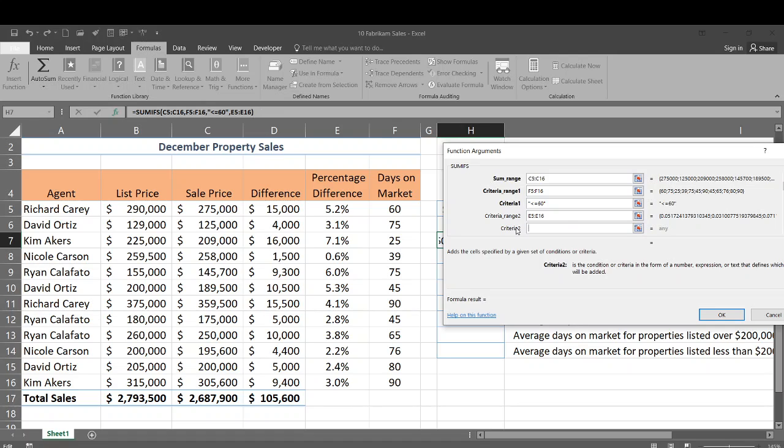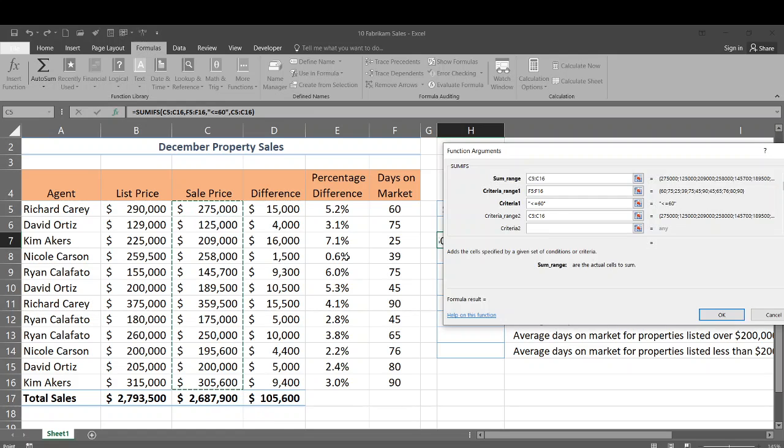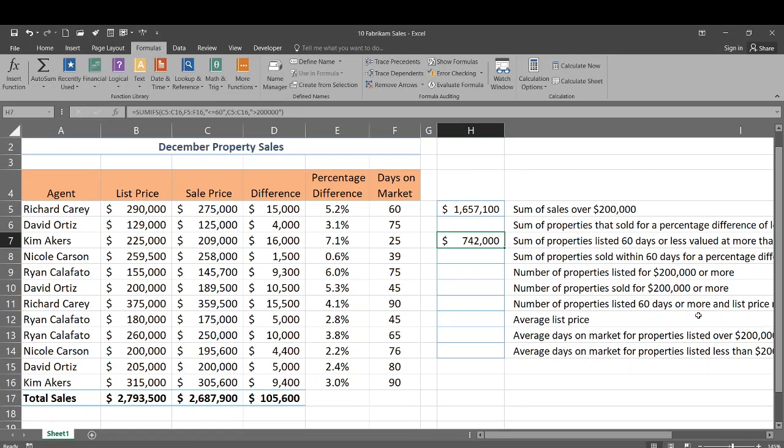Oops, I did this wrong. So I'm going to back this out. So criteria 2 is going to be our cells. That's what I thought it was going to be. I misread what I was looking at. So criteria 2 is going to be greater than 200,000. And we're going to click OK. And our value it should bring back to us is